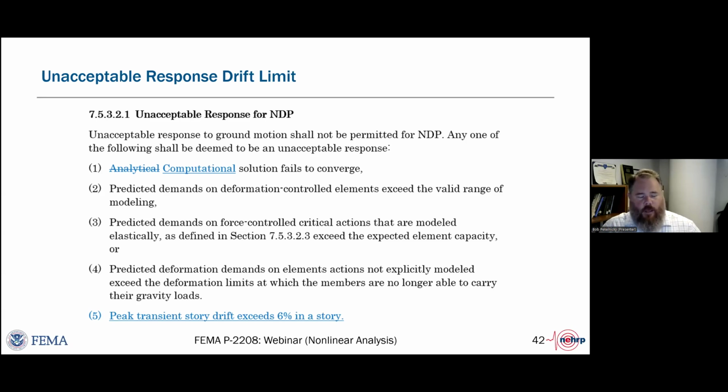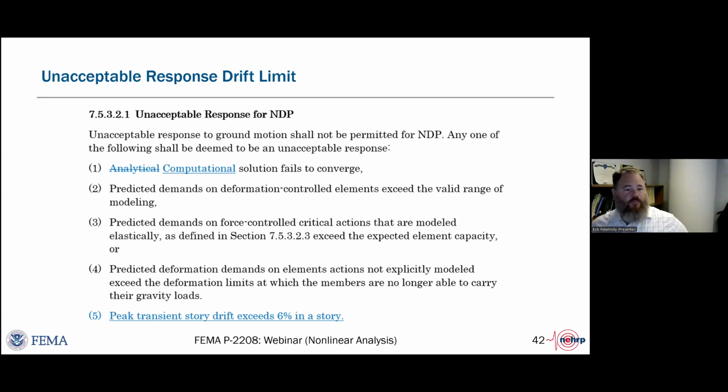And so the committee spent a lot of time talking about this and sharing their experience with various different types of software, and chose to set 6% as a limit on unacceptable response.